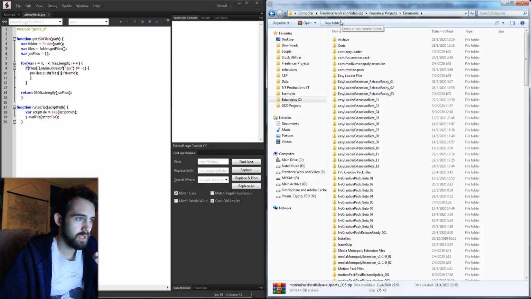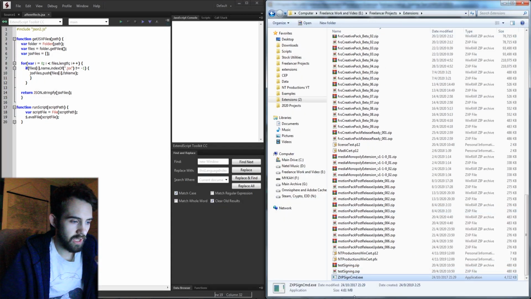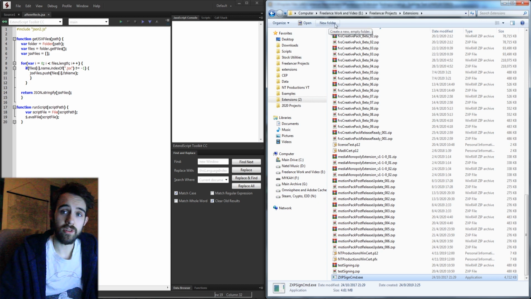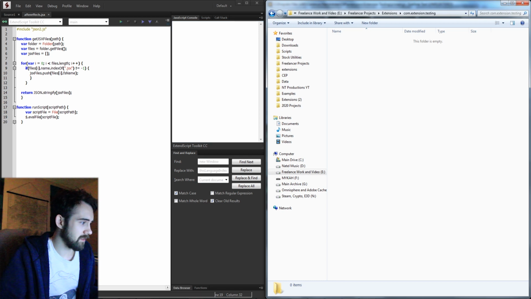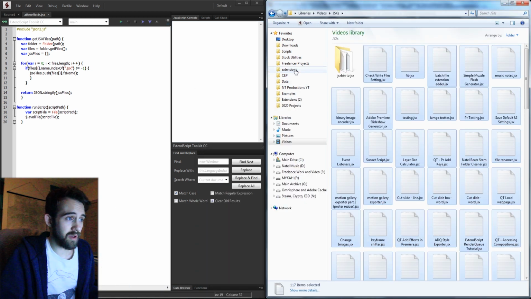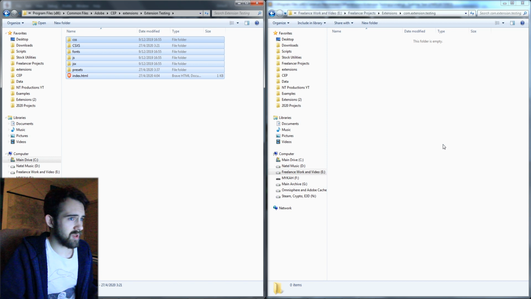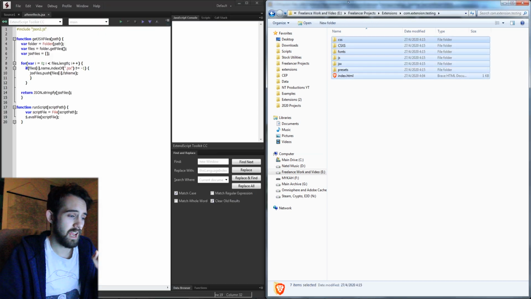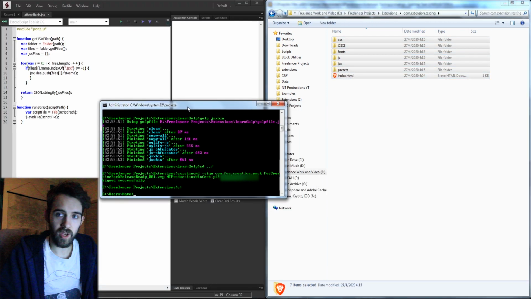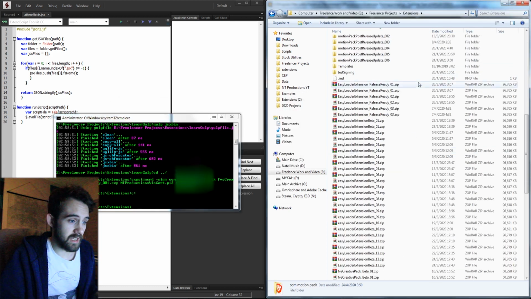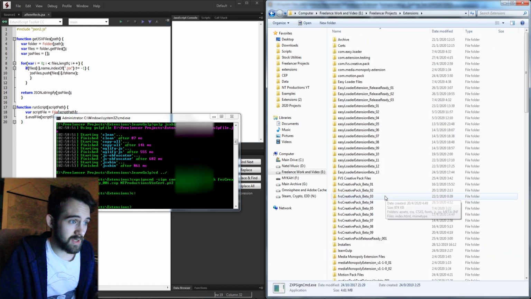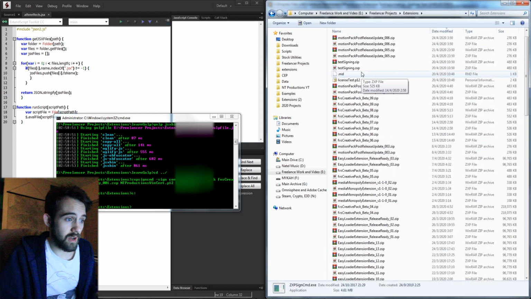So what I'm going to want to do is wherever my ZXP file is located, I'm going to want to create a folder to paste all of my extension files in. So I'm just going to use the bundle ID name I created called com.extension.testing. And then inside of here, I'm going to paste all of my files that I had. So I'll copy and paste the files from my extension, and now we need to load up a terminal or command prompt. We'll need to navigate to wherever this base folder is that contains our ZXPSignCmd, and now it contains our